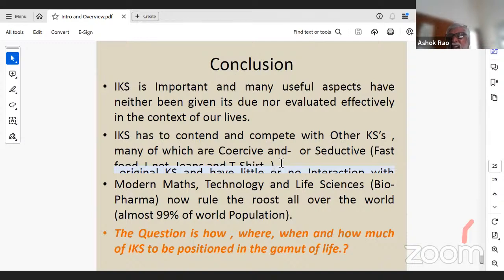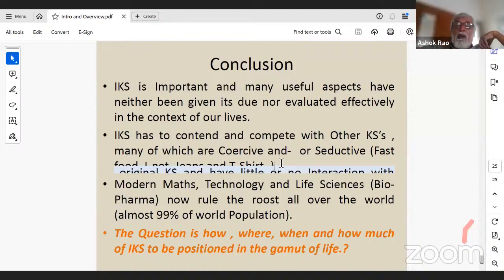And t-shirts are extremely convenient. Jeans are very convenient. All of us at home just wear jeans and t-shirt. Sometimes reluctantly we go to office with formal clothes. So today, if you go to any college, all girls and boys are in jeans and t-shirt. So it's very seductive, meaning it's so comforting or so convenient. Jeans is convenient simply because you don't have to wash for 2 or 3 years. That's the hostel uniform. Everybody who lives in a hostel will wear jeans because you don't have to wash for many days. Whereas if you wear a pajama, at least once in 2 days you will have to wash.